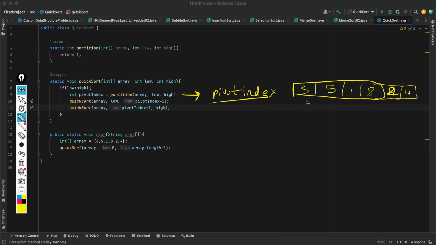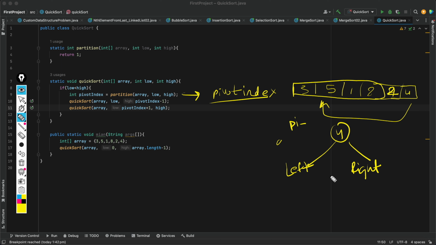First I will do the comparison and the swapping, and at the end I have to return the pi, or pivot index. Using that pivot index, let's suppose my 4 is in the center, then I will